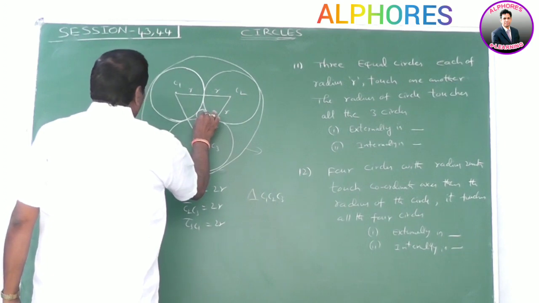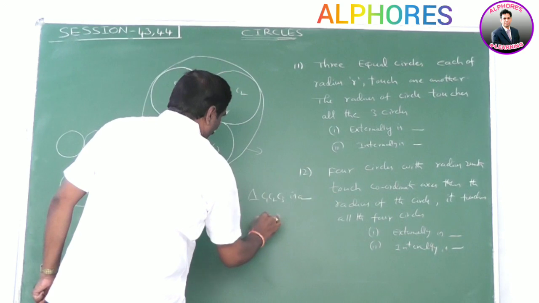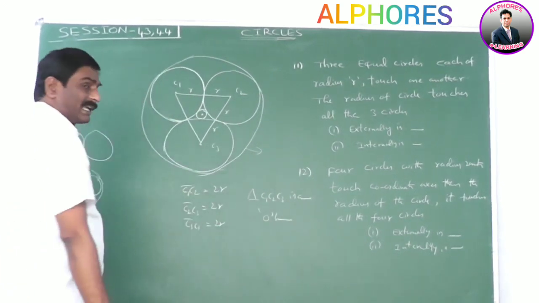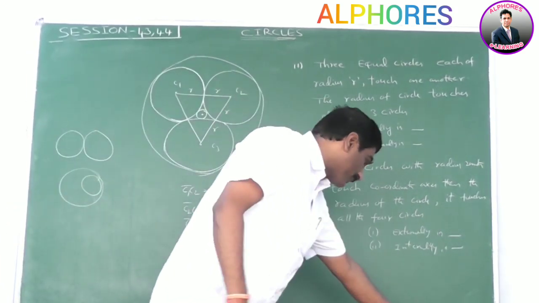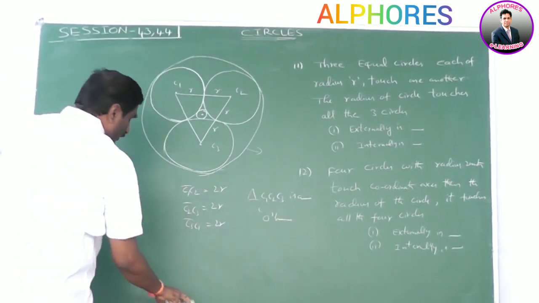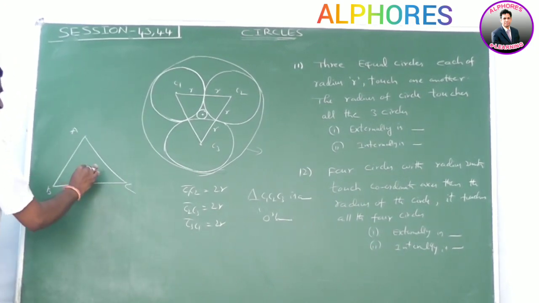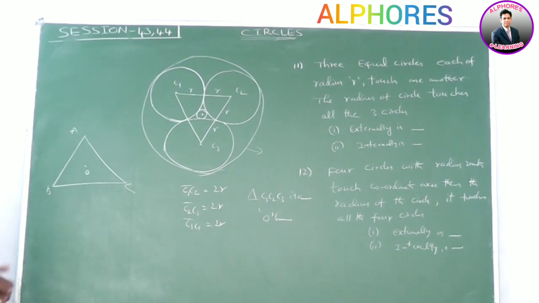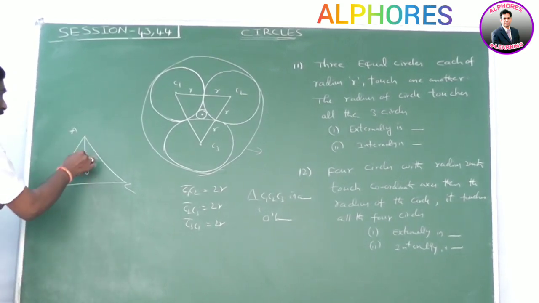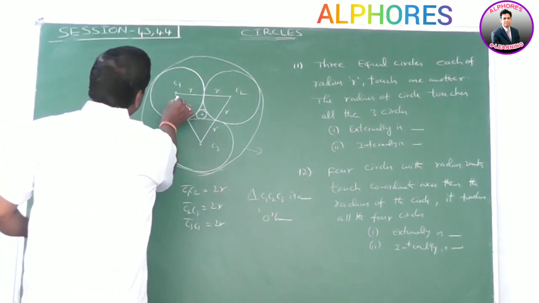Please observe these values. Say the center of the equilateral triangle is O. This triangle C1, C2, C3 is an equilateral triangle. O is the center of the equilateral triangle. What is the distance from the center to any vertex? Since it is an equilateral triangle, the center is nothing but the centroid. Centroid, circumcenter and incenter all coincide in an equilateral triangle. OA is nothing but the circumradius. OA is equal to OB is equal to OC. It is equidistant. Okay. Now we find the OC1 value.